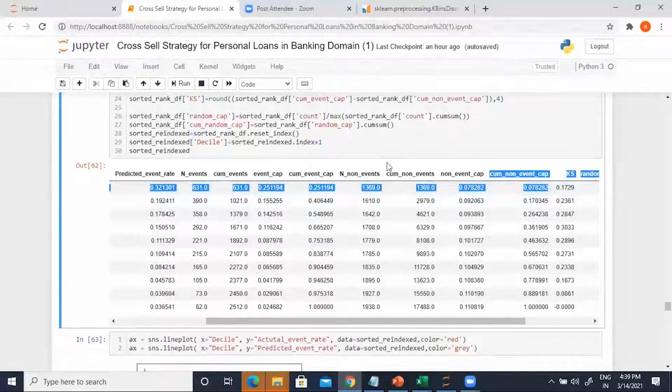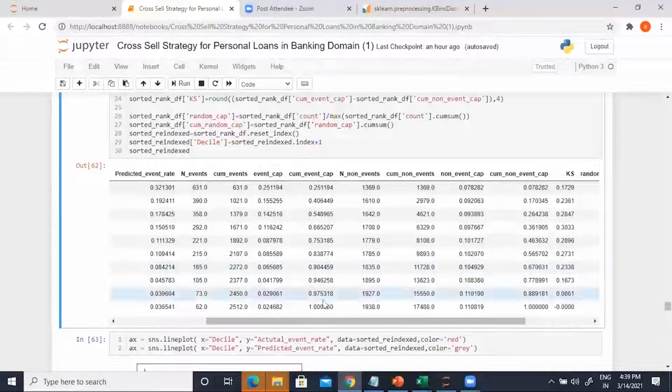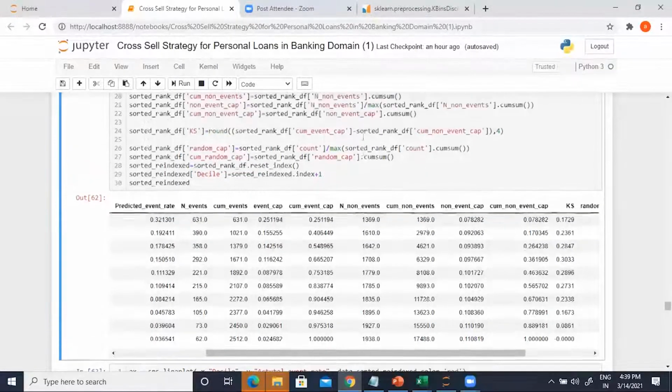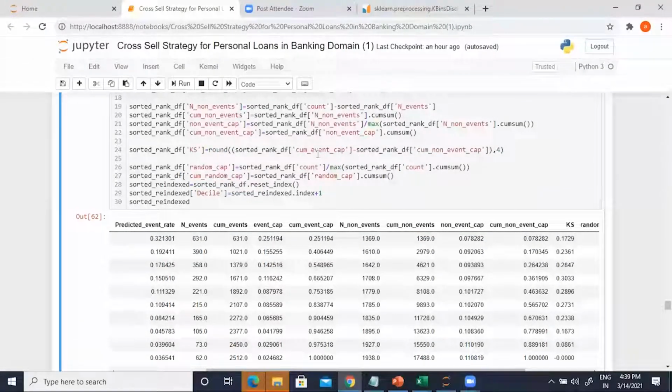These two columns, this column and this column, right? You can take the absolute difference between these two and calculate the KS value. So I've taken the subtraction of event capture minus non-event capture, rounded it off to the 4 decimal places. That is how I'm calculating Kolmogorov-Smirnov statistic.